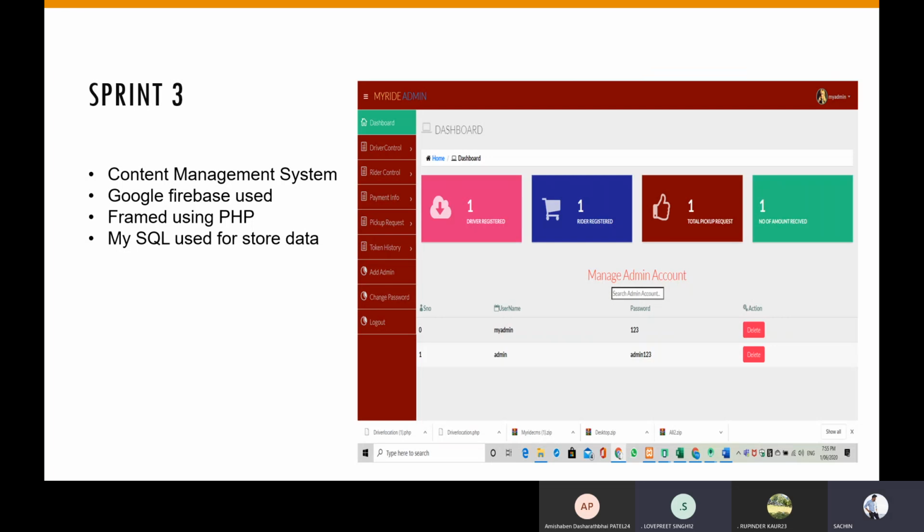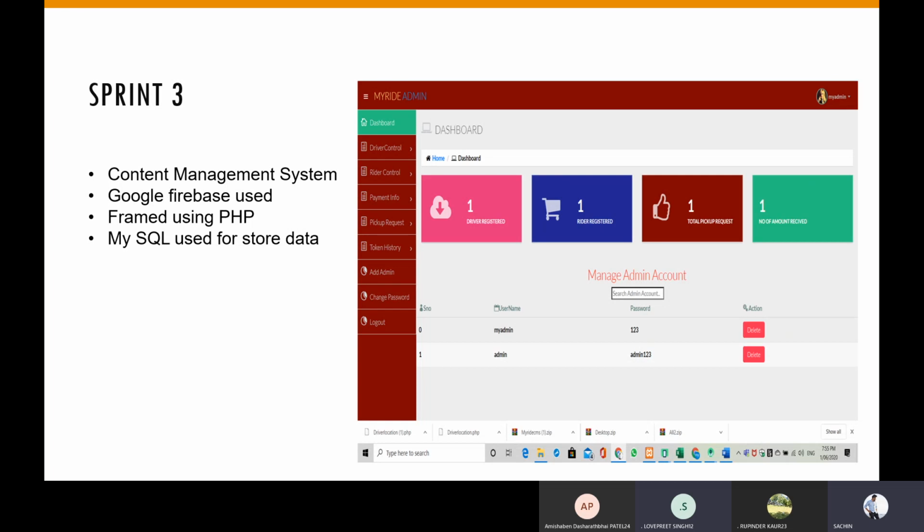It's Sprint 3. It's a CMS, a content management system, which stores all the data of the two apps, which are the rider and driver app, and it's directly connected with Google Firebase, on which all the data goes online, and it makes both the apps work very accurately. And all the framework is worked in PHP, which we did on a localhost, and MySQL is used to store the data.